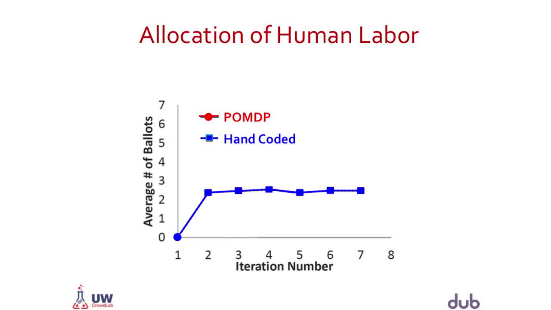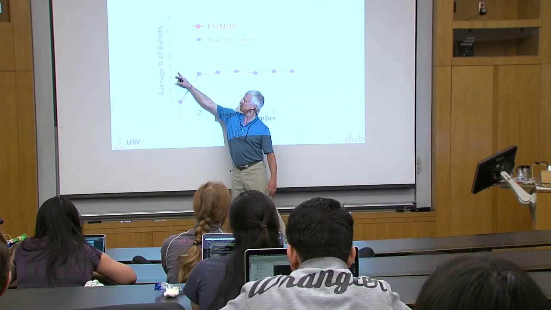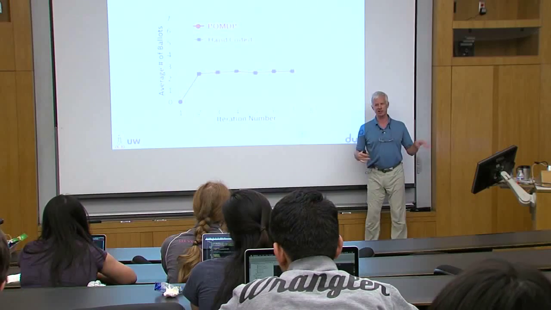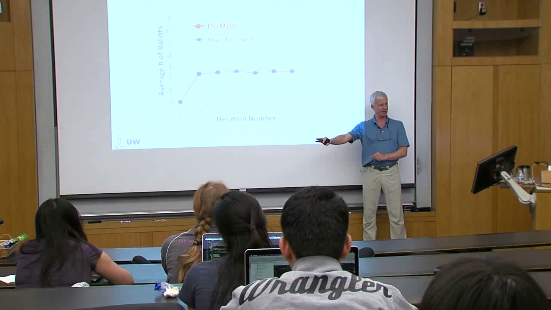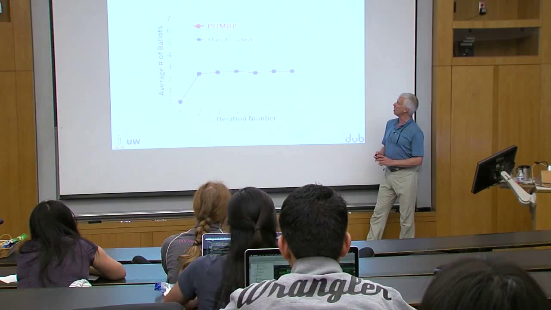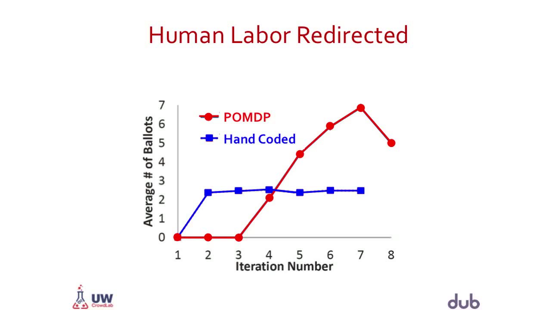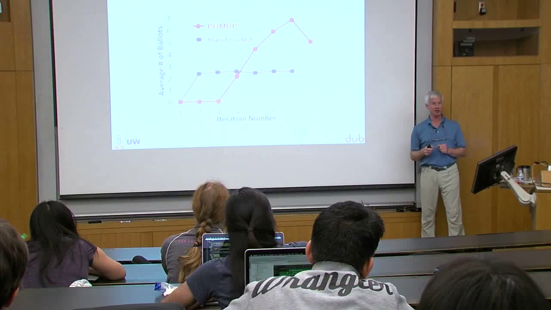What's even more interesting, though, is how the POMDP worked. If you look at how many votes Greg Little's hand-coded algorithm uses, you see on average it does something like 2.5 votes. That's right, because it's asking two people if they agree, and if they agree, it's done. If they disagree, it's asking a third person. If you look at the POMDP, that's not what it's doing. And when Pong first showed me this diagram, I was sure he had a bug, and I told him to go back and re-implement the POMDP.